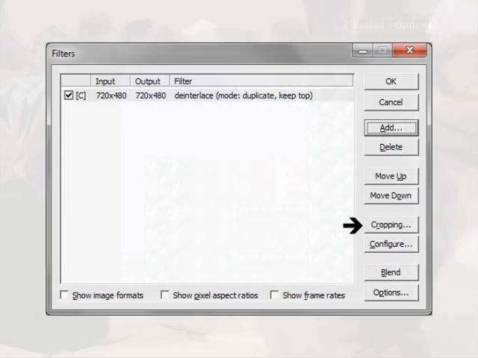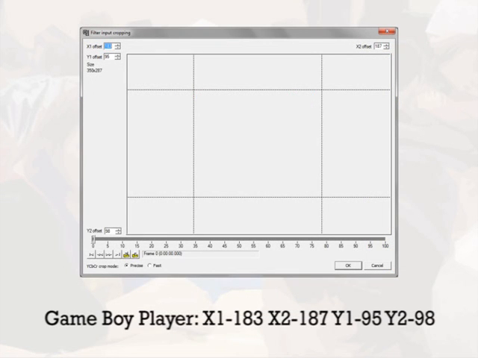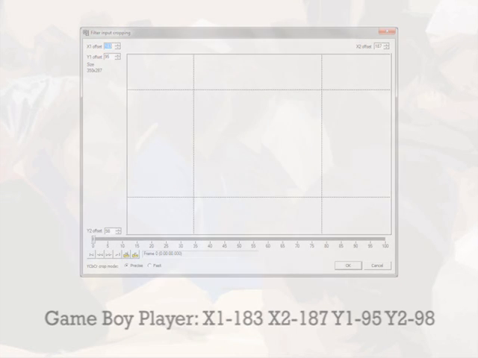To do this, go back to the filter list, select your deinterlacing filter, then click Cropping. This is where you can shave off the edges of the image. You'll probably need to experiment with these, but here are the settings I found work well with the Game Boy player. Now that we've cropped down to the game image, we need to scale it back up to our target